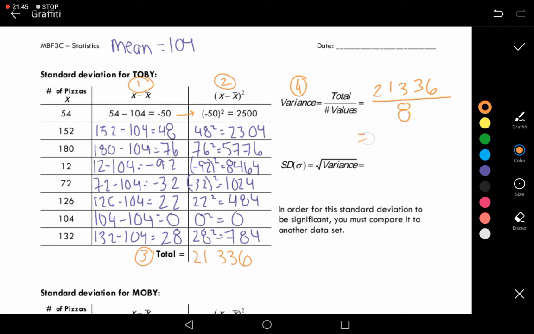Okay, when we do that, again, you're going to type that into your calculator. You're going to get 2,667. Okay, so that is step 4, and we know there's only 5 steps, so we're just about there. The 5th step is to take the square root of our answer from step 4. So we now need to take the square root of 2,667, which is approximately